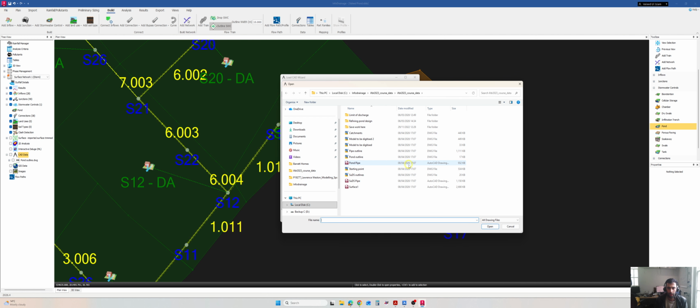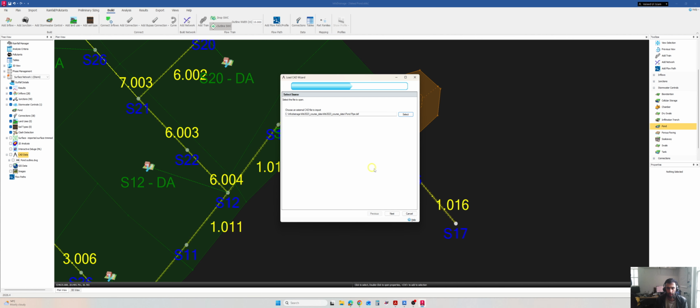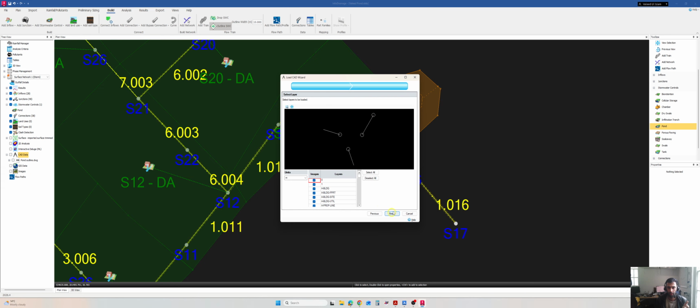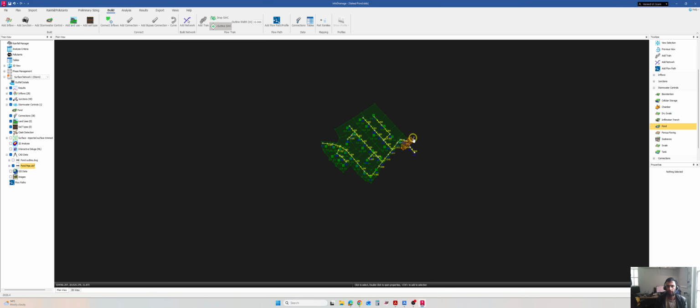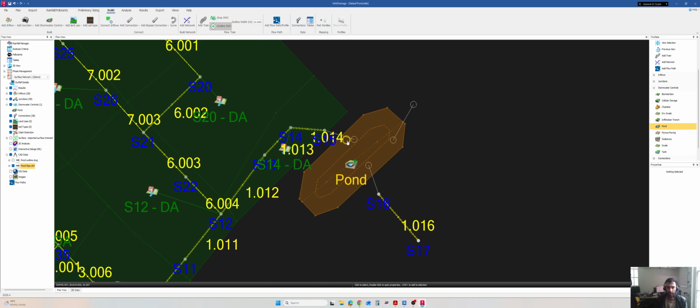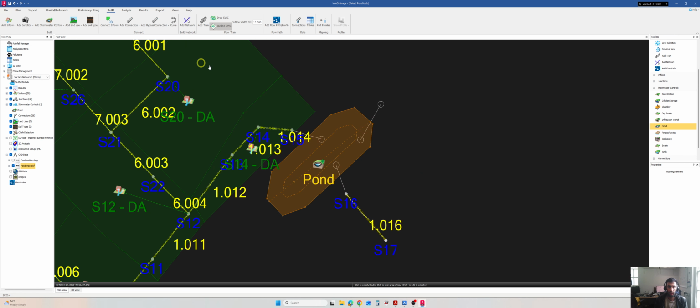Or we can just do the direct one: pond pipe, pond outline. Yeah, this one is the pipe networks, the DXF file. After that we will connect our inlet, and then yeah, this is a file. So I will click finish. Now you can see I have the CAD data, and you can draw the connections from your left side from